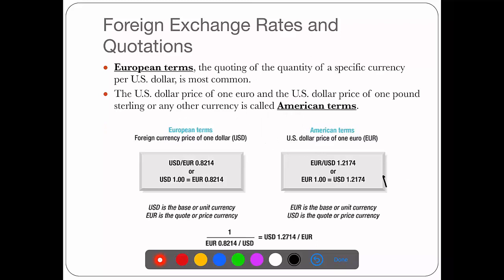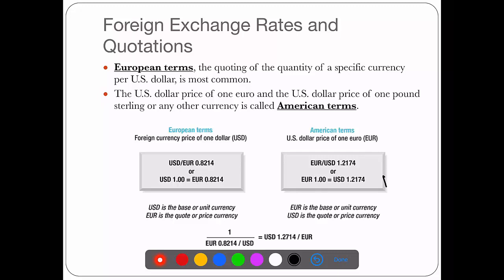There are 2 more terms for the exchange rates: one is the European term, and the other one is the American term. When the exchange rates are quoted in such a way that the base currency is US dollars, meaning 1 unit of the US dollar is priced with some foreign currency,